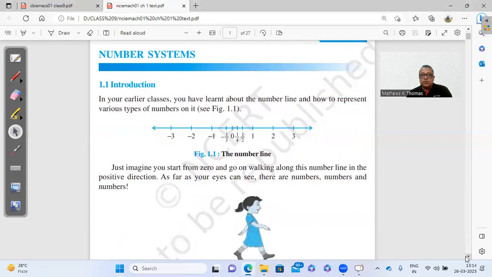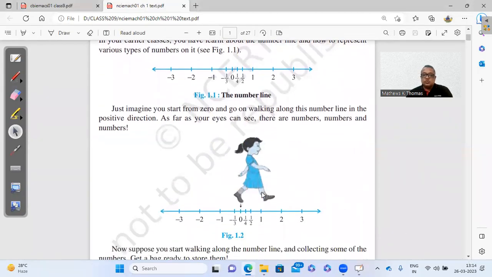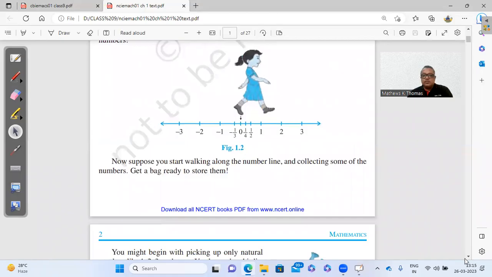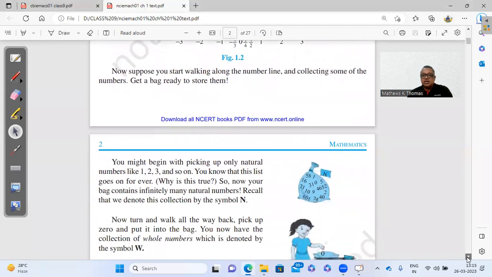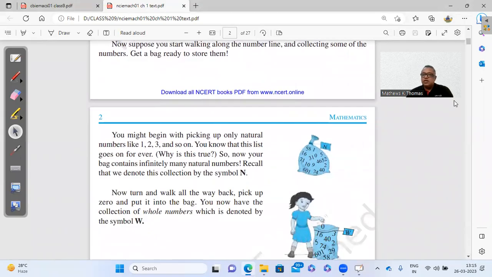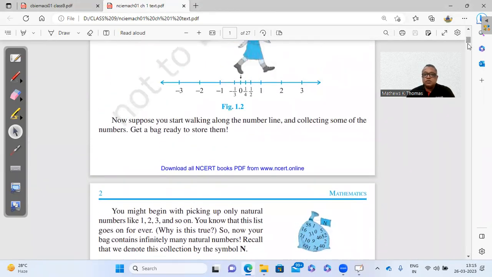So moving forward, when you go towards the right, you find positive numbers. So here you have 0, 1, 2, 3 up to infinity. And then when you go to the left, you are getting negative numbers. So this is the number line. And if I talk about the numbers on the right side, 0, 1, 2, 3, 4, 5, 6, right of